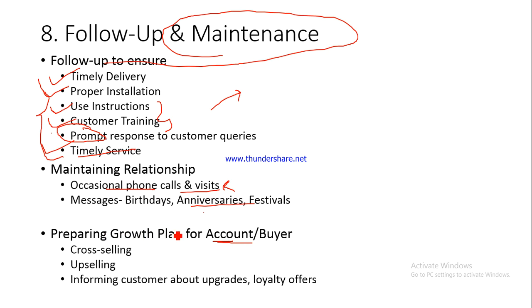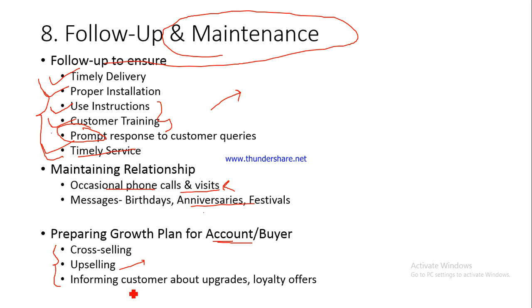And you have to prepare growth plans, how you are going to cross sell and upsell to this buyer. What do we mean by cross selling? I'll give an example in a slightly different context. If you have sold a car to somebody, while somebody has purchased a car, he might also want to purchase mats. He might also want to purchase, for example, some decoration for the car. So that is cross selling, trying to sell those decorative items for the car. And what is upselling? Trying to sell him a higher version which is costlier. So you can try to cross sell other products apart from the car that he has bought. So that would be cross selling and upselling.